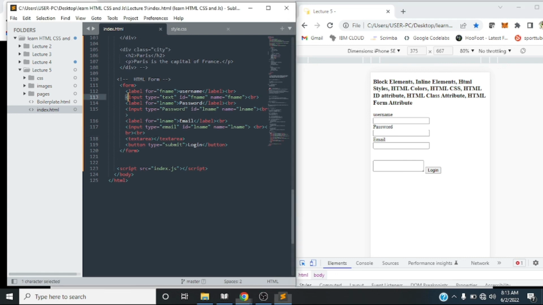So we'll talk about this input tag now. With this input tag, I can tell it to collect only text, only password, only email. Now the input tag has many types. If you collect text, we show you text. If you collect password, by default anything they type, it hides. Email,